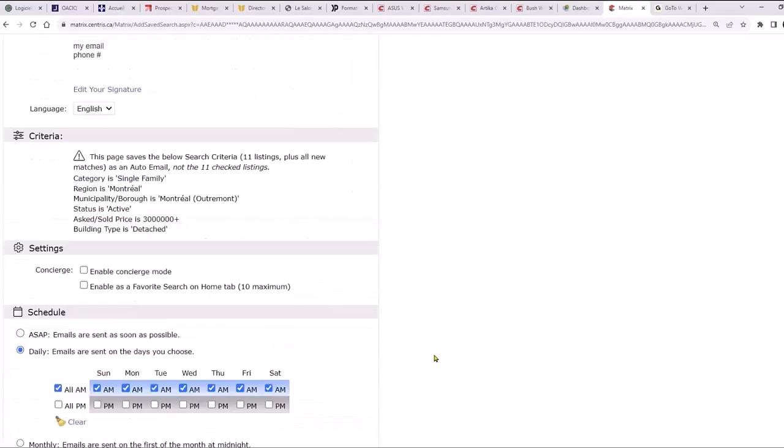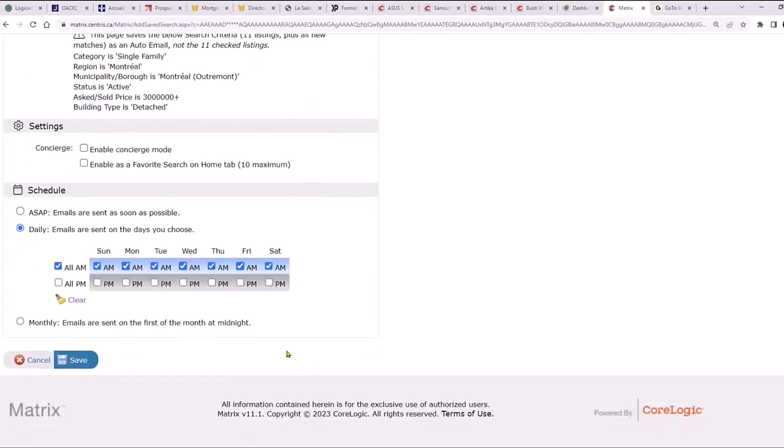And at this point, I just want to show you a few other options. You can enable concierge mode or not, and you can enable it as a favorite search on your home tab or not. Okay, I'm going to click the favorite search because I am not a fan of the concierge mode. I will show it to you later for the second search that we're going to set up. But the concierge mode, essentially what it does is, anytime something new appears on the system as a property, before it is sent to your client, it is sent to you to verify if this is something to be sent to your client.